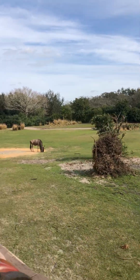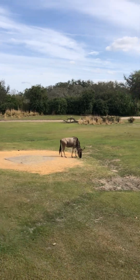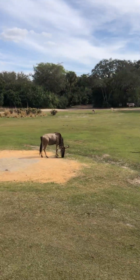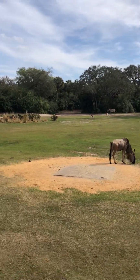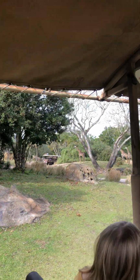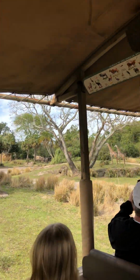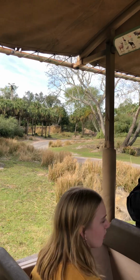And then straight ahead over towards our left, two different species. Ones with the really long horns, those are Ankole cattle. The horns can get about 4 feet from tip to tip. And I don't know if you heard the one just moo, but the one just mooed. They'll moo just like dairy cows. And then of course, a lot of giraffes over here on our left side. A group of giraffes is called a tower because they tower over everything. You hear the cow over there on the right side moving,